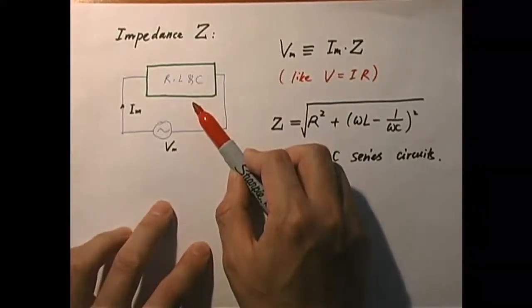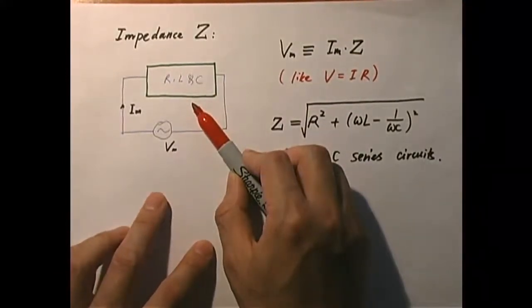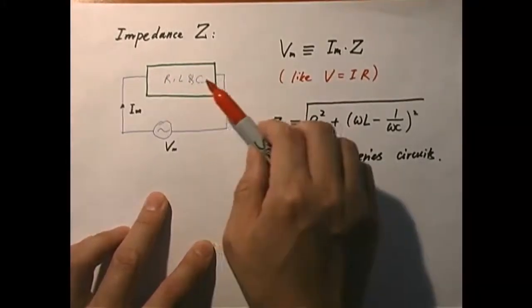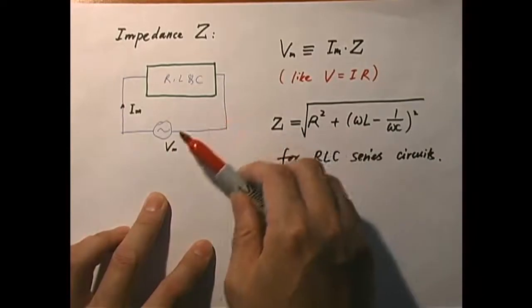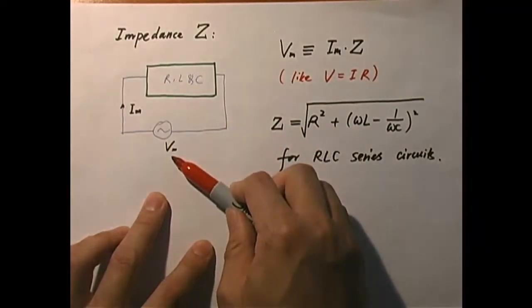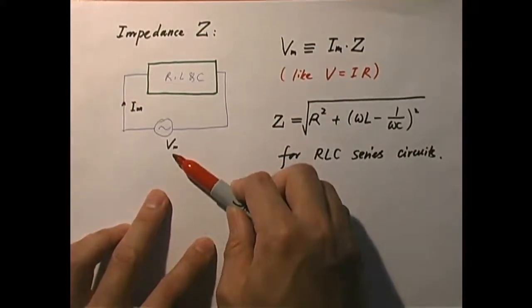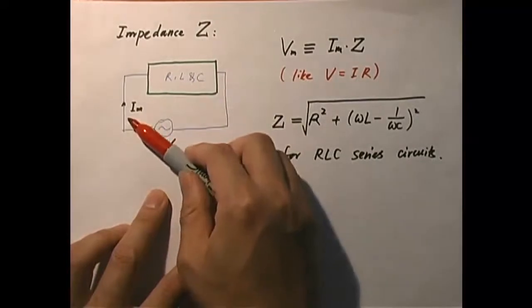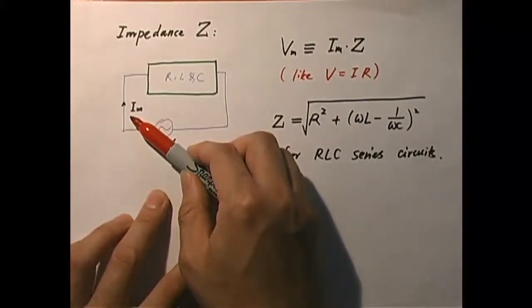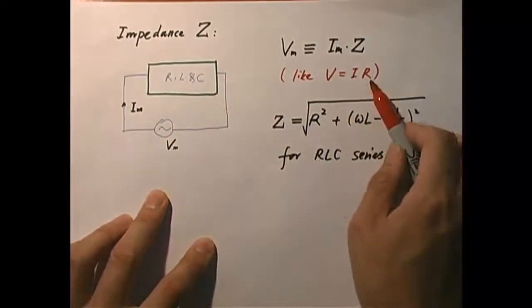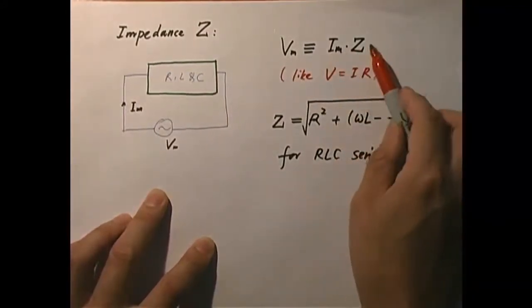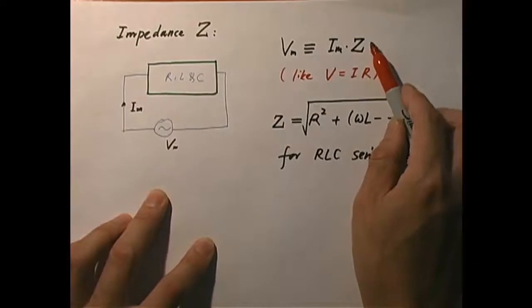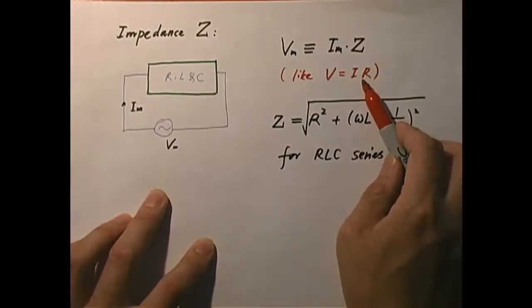It doesn't even have to be RLC in series necessarily, just a whole bunch of elements consisting of R, L, and C. I hook up to a power supply, right? The amplitude of the EMF is V maximum, and the amplitude of the resulting current is I maximum. Instead of Ohm's law, V equals IR, now I have V maximum equals I maximum times another constant Z. So that Z is like the effective resistance,